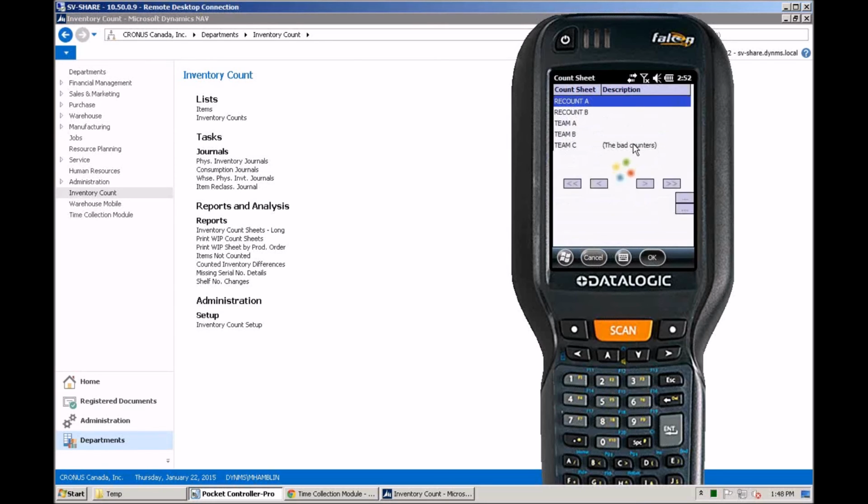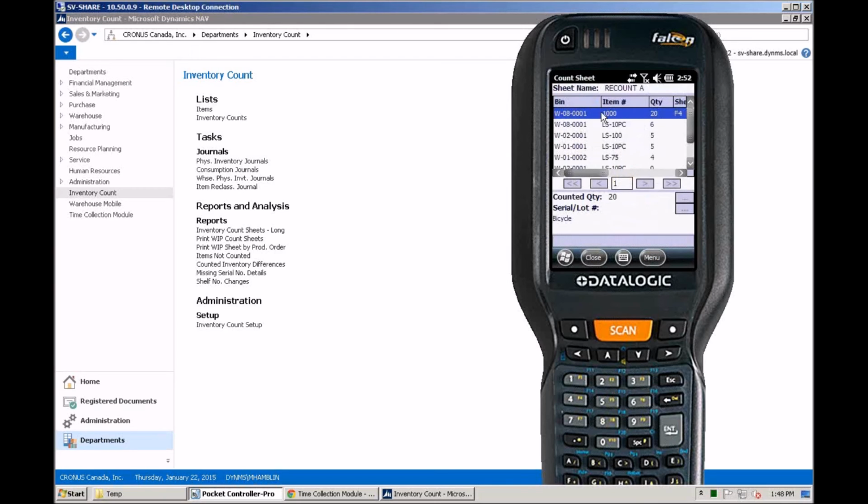And then in this case, both for things like recounts and cycle counts, really what this is more of is an instruction. So what the guys have to do is they have to go to these specific bins and scan these specific items. So that's fairly straightforward as well. All they do is they scan the bin. Let me pick one here. I'm going to recount this particular one, this bin there. So I scan that particular bin. It tells me which bin I'm at. I scan the item that I need to recount,